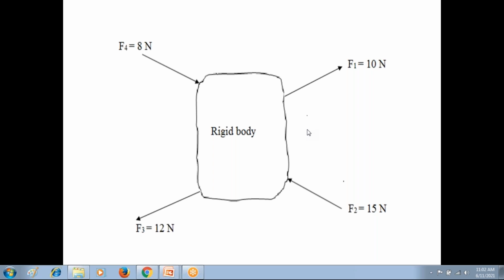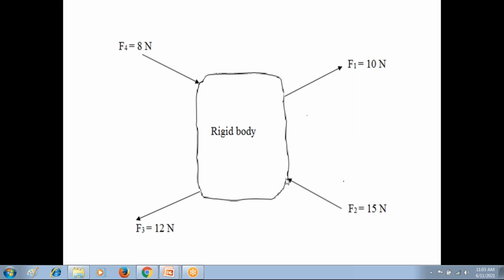So in this diagram, please everyone check this diagram. In this diagram, the rigid body is subjected to four forces: F1, F2, F3, and also F4. Focus on those four forces. The force F1 is acting at a point in the rigid body. This is the point of application of force F1. This is the line of action of force F1 away from the rigid body. Check this direction, please. This direction of force F1 is away from the rigid body, and this force F1 magnitude is 10 newtons. Then the rigid body is also subjected to another force, that is force F2.